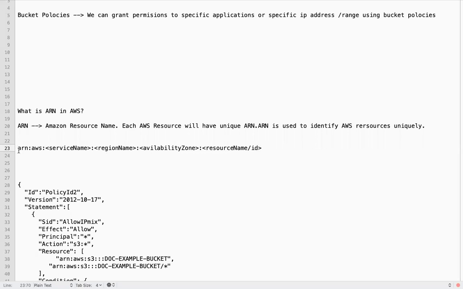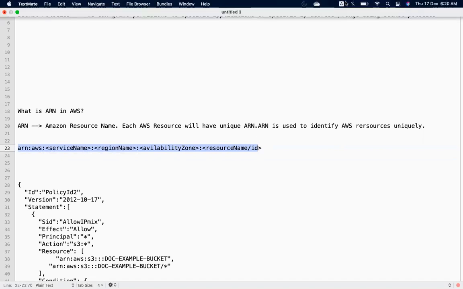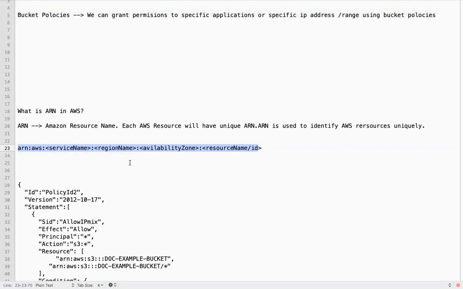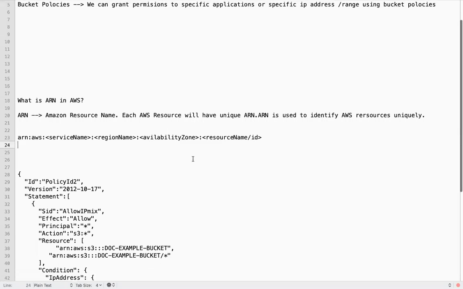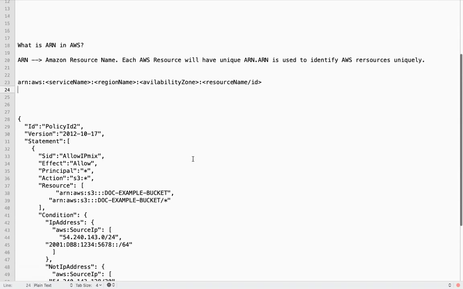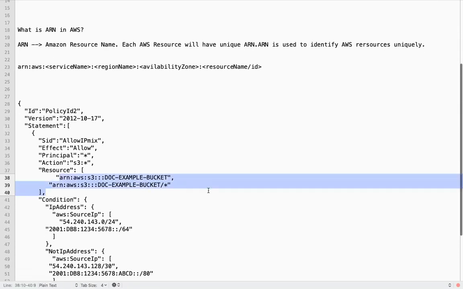This is the pattern. Each AWS resource like EC2, EBS, EKS, every AWS resource will have an ARN. ARN is used to uniquely identify an AWS resource. So we are trying to define a policy based on that ARN.